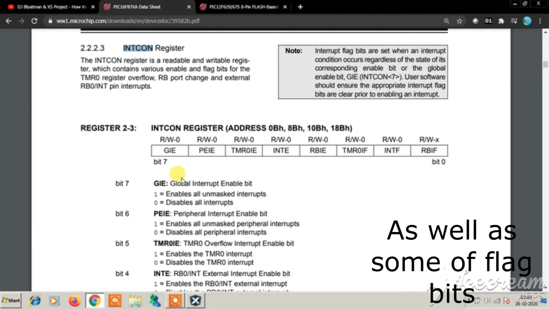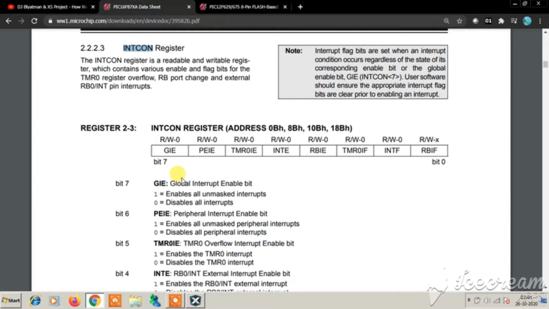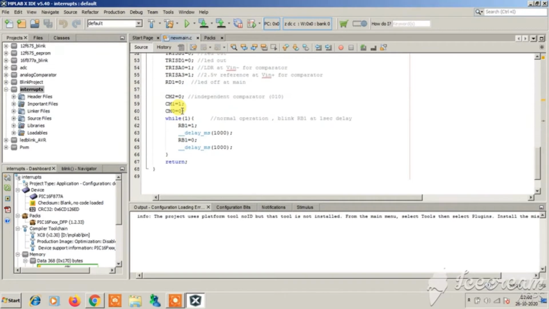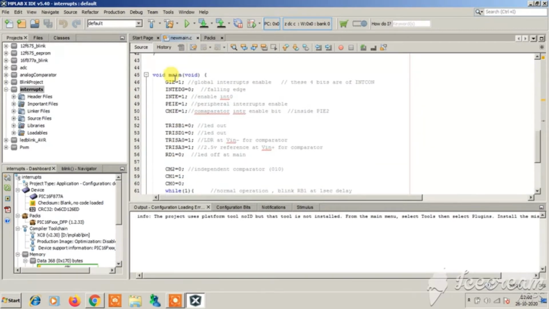So there are a lot of registers associated with the interrupts, but don't worry, since the MPLAB IDE and the XC compiler can actually support individual bit manipulation. So you do not need to remember the name of each and every register like PIR1, PIE1. You just need to remember the bits.